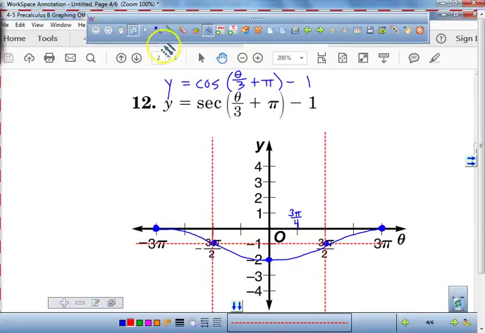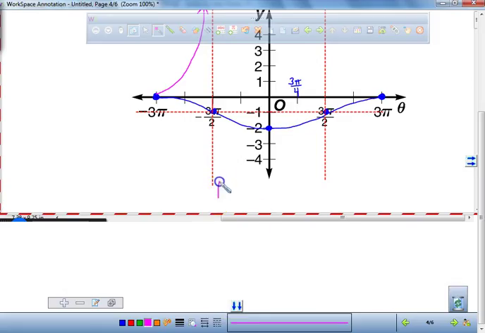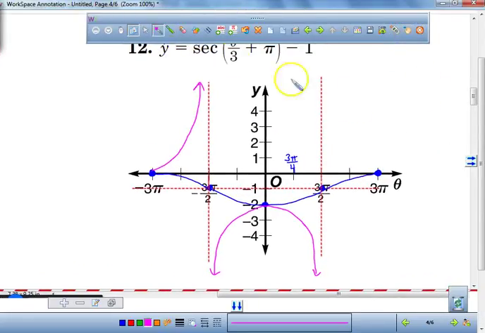You're going to transfer what you see on your graphing calculator. This point right here, that graph is going like this. Then we're going to go up. It's going to hit that point right there and go back down. And last but not least,